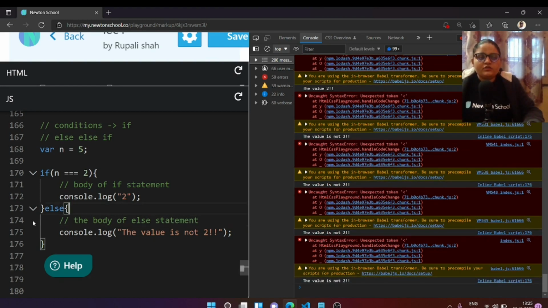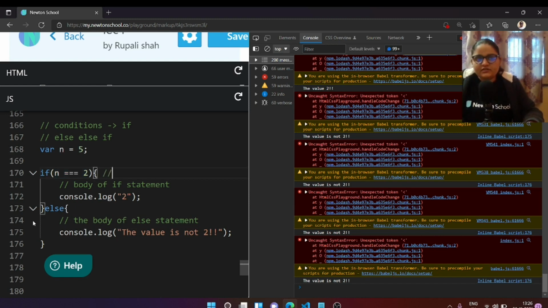Now you can have a very clear idea from this example that if something is true, your if part gets executed, and if something is not true, directly your else part gets executed, because this else block is like, okay, the condition you provided in the if statement for the if block to be executed was not true.